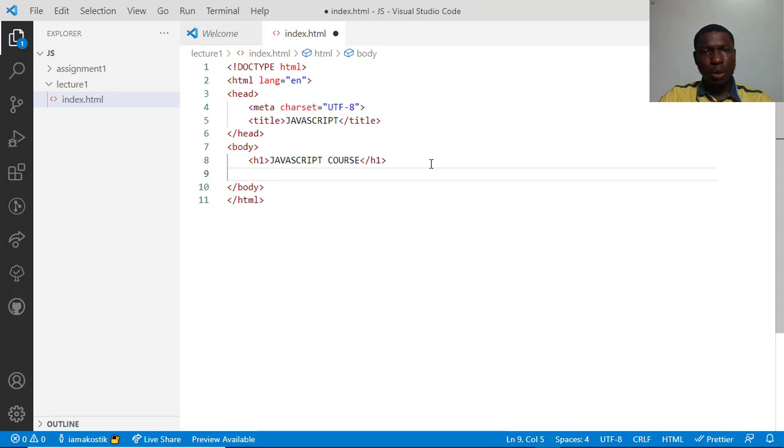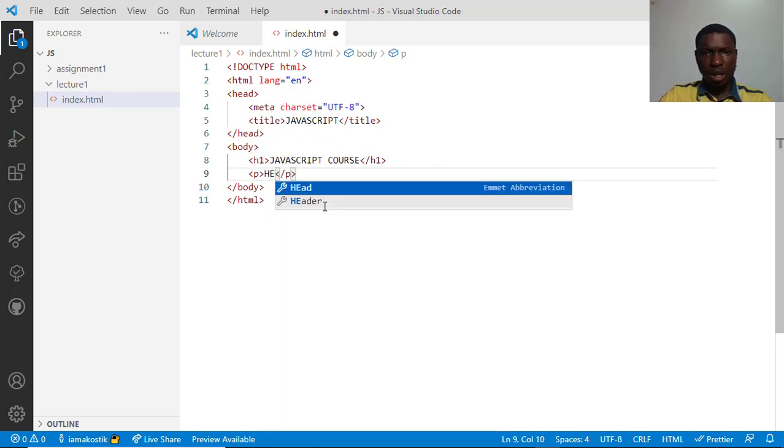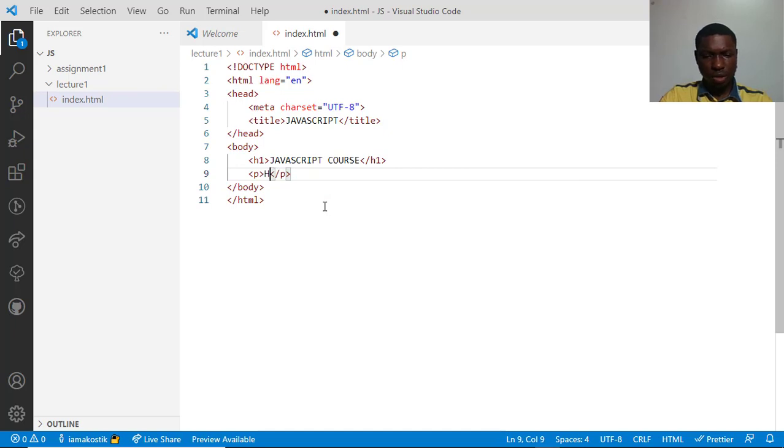Now I'm going to create a paragraph tag next, and then in the paragraph text, I'm simply just going to type hello world. And I will save that. Okay, so I have saved this. This is a basic HTML website, you can call it, and let us run this HTML website.